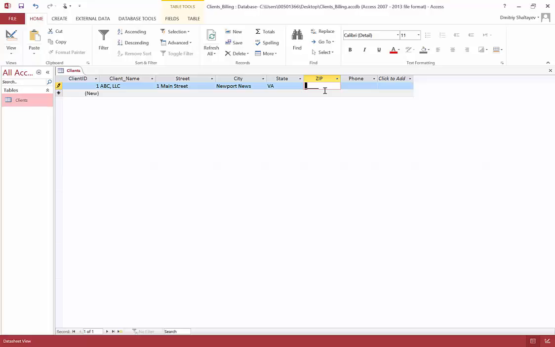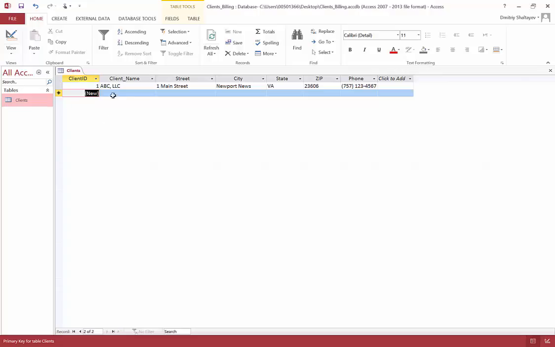Nothing happens. So I'm going to type 23606. That's the zip code. All right. And the phone number, again, it shows me the template because I put an input mask on the field phone number, and that's the form of this mask that I selected. So suppose the phone number here is 757 123 4567. Then I hit enter, and when I do so, you can see that immediately the focus shifts to the